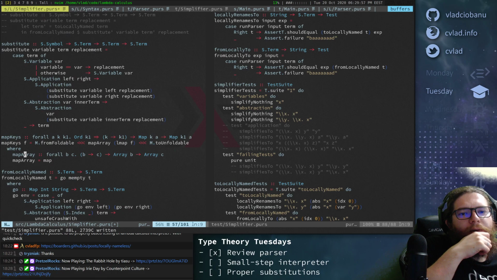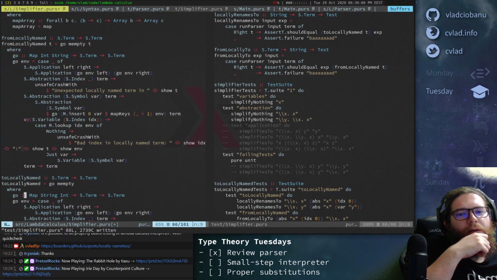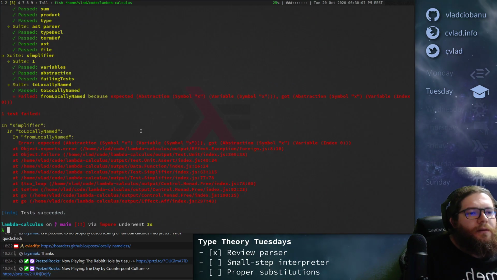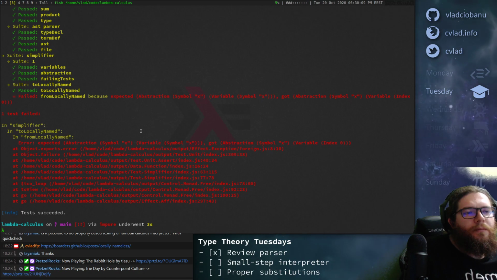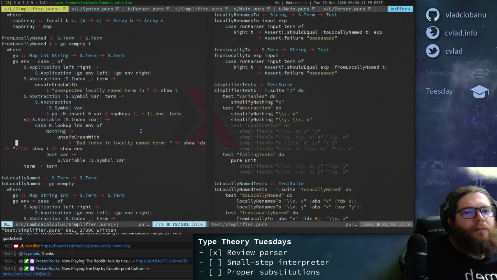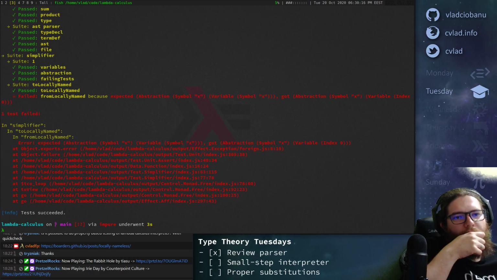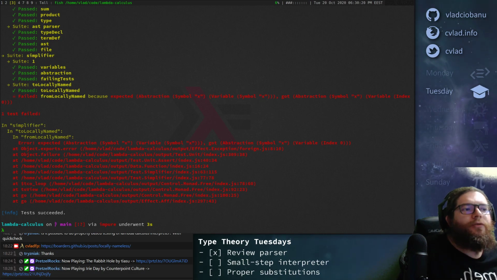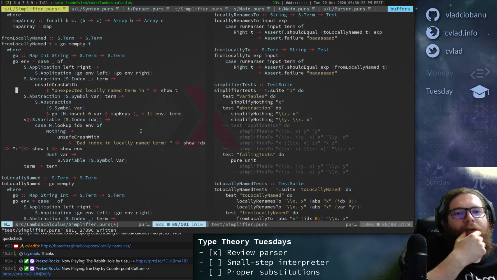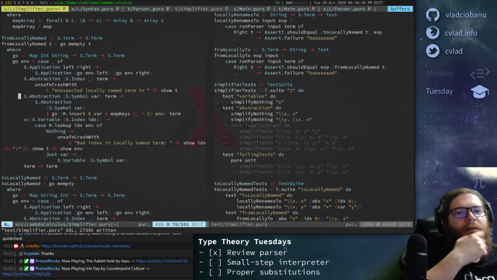Okay, so from locally nameless. So wait, we have an abstraction with a... so we got an abstraction with a variable with an index. Okay, what if we have an abstraction with a symbol, right?